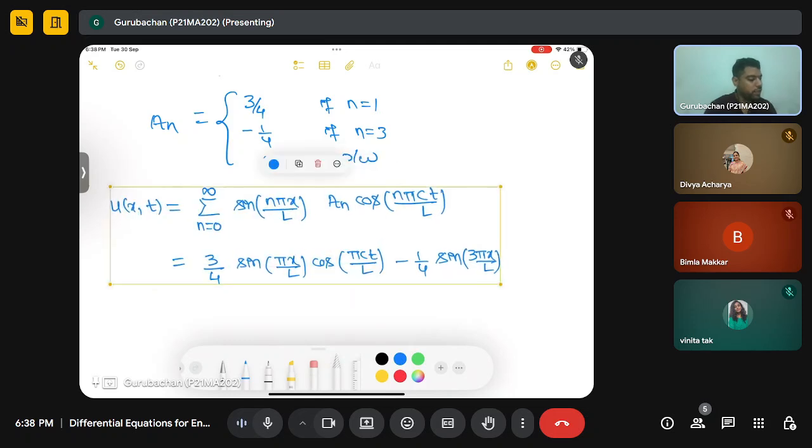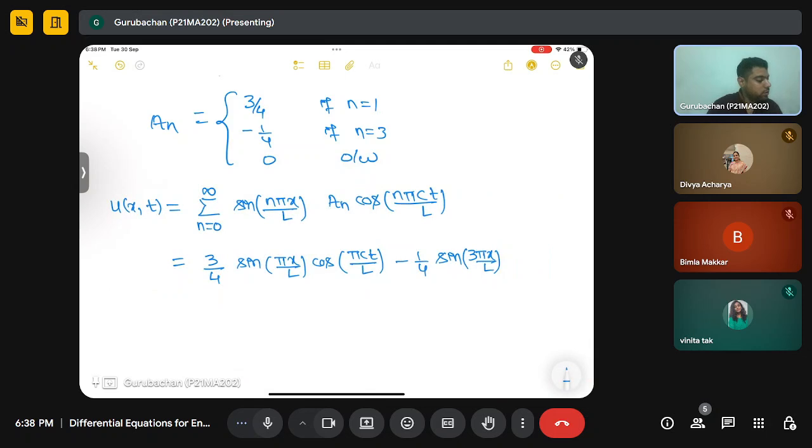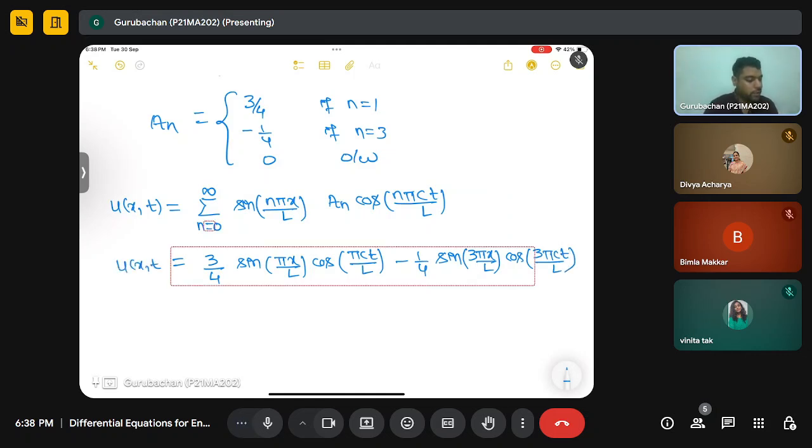It's a little big expression, so I'm just rearranging it a little. So cos(3 pi ct by L), this is our u(x,t),